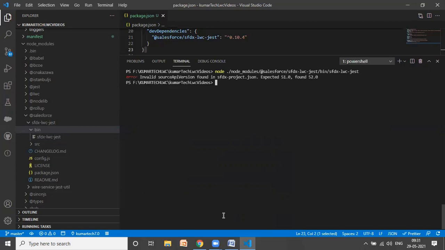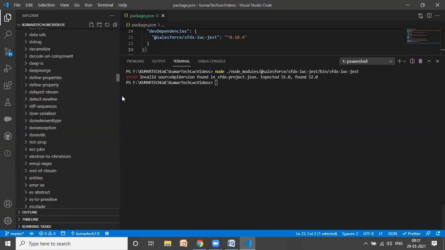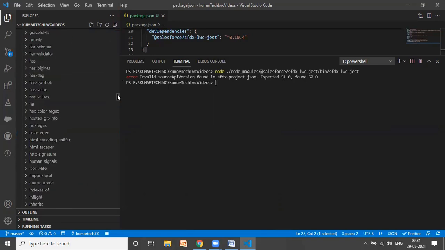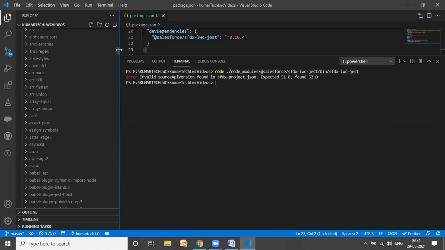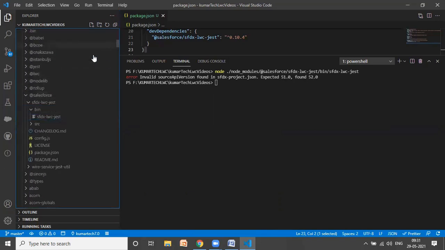Error: source path expected 52, found 51. Fine. This kind of error might happen. In sfdx-project.json, they expected 52, mine is 51. No problem. Let me go to the folder, sfdx-project.json. Let me first minimize this.